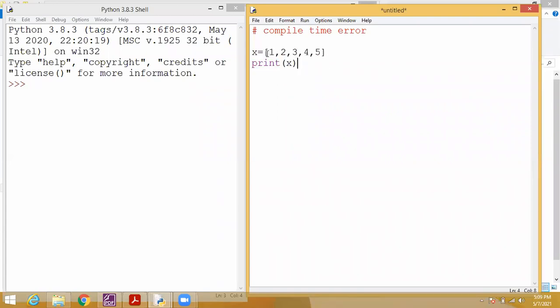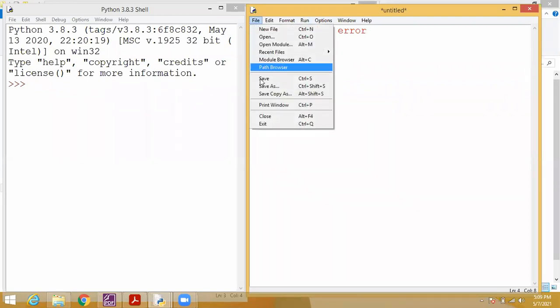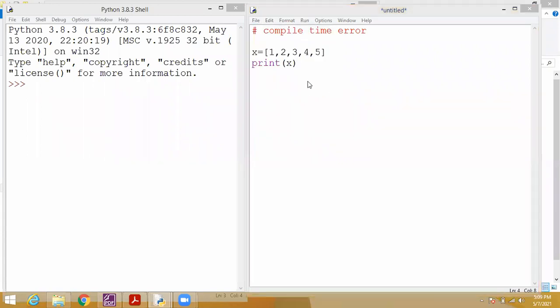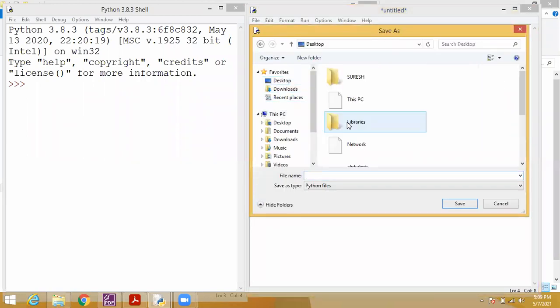What is happening here? Which data type? List data type. Okay, so we use square brackets with 5 elements and we are printing it. If I save this program and execute it without any error, it will show you the output. There will not be any issues.